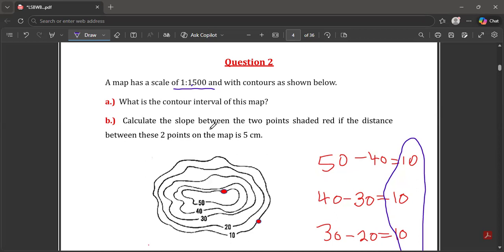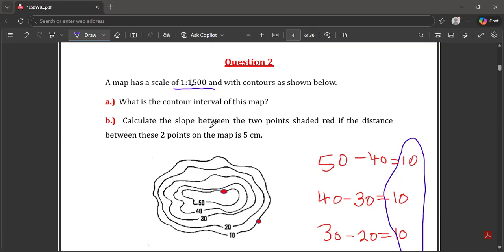Now they ask you a question: what is the contour interval on this map? You have been able to tell. So it's still the same question, don't let it confuse you. First of all, you have to be able to pull down the map scale. Then at the end of the day, you compare your values with it. They've given you